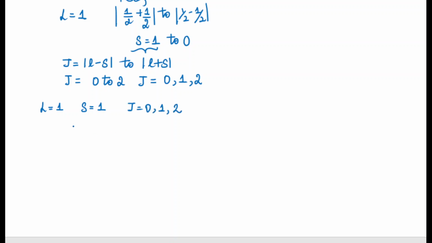What are the term symbols? L value is 1, so it will be P. S value is 1, so the superscript will be 3, that is 2S plus 1, the multiplicity, and J can take the values 0, 1, 2. That is splitting, and I can write it as 3P0, 3P1, 3P2. And in the previous slide we got two more values. What are the two more values? Two more values are nothing but